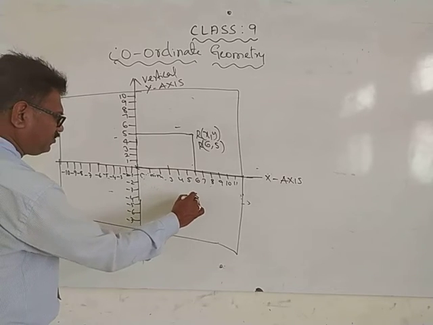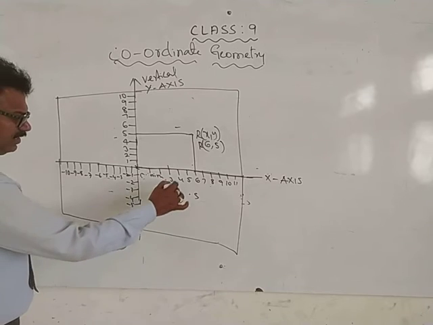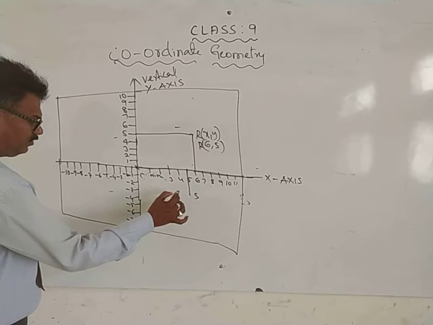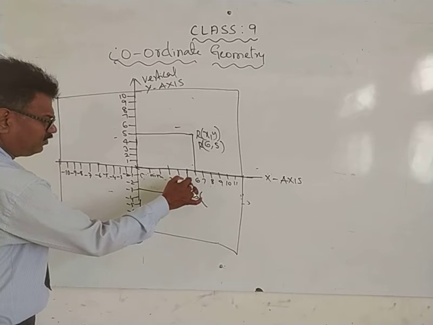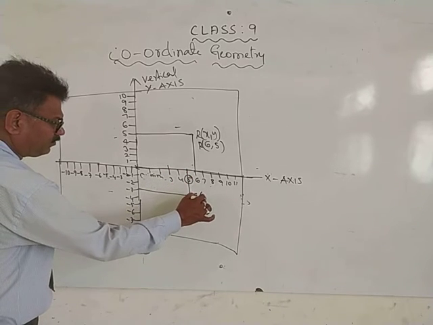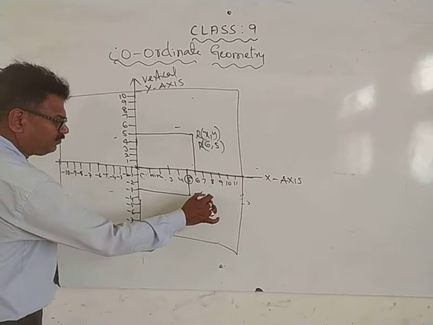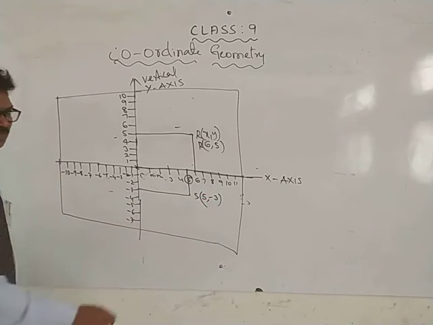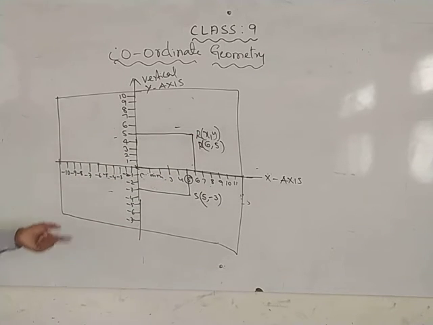Yes, very simple. First, X value, upwards Y value. Therefore, what is X value? 5. What is Y value? Minus 3. So, like this, 1 mark, whatever it is, 1 mark. Did you understand? Anyone having doubt, please?